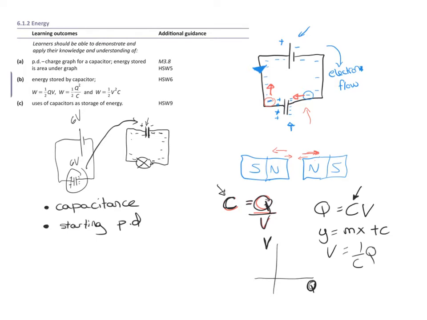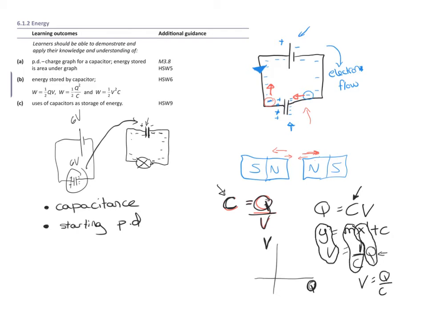So our y-axis is our potential difference, our x-axis is charge, and our gradient will be